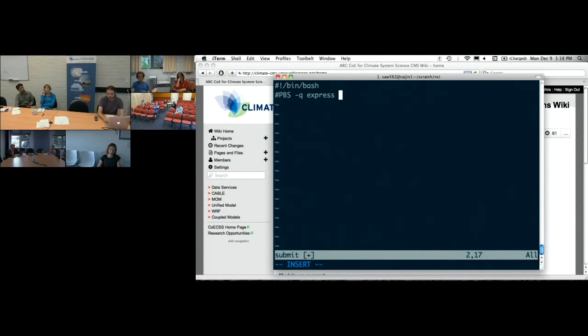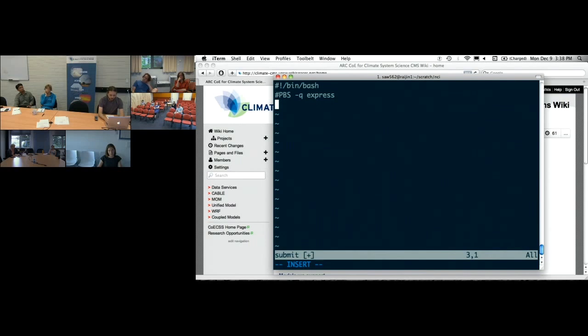There's also the normal queue, which is just for normal jobs, and then there's the copy queue. The copy queue is for jobs where you're dealing with lots of data, so if you're copying data over to MDSS, or copying it out of NCI to your local institution, and you're not using a lot of computer time. The copy queue is only charged for the CPU hours you use.